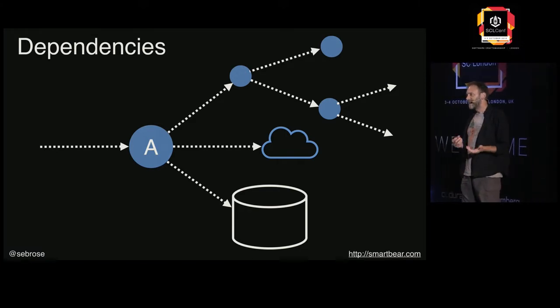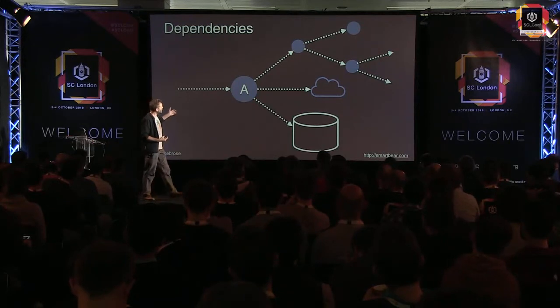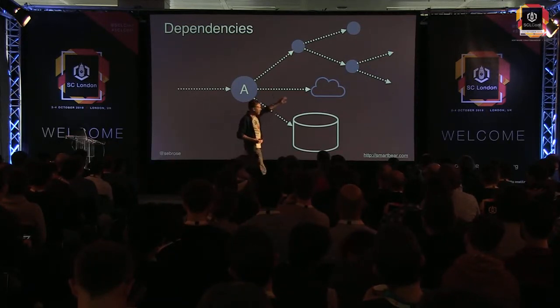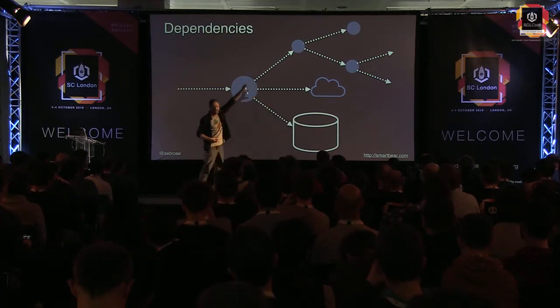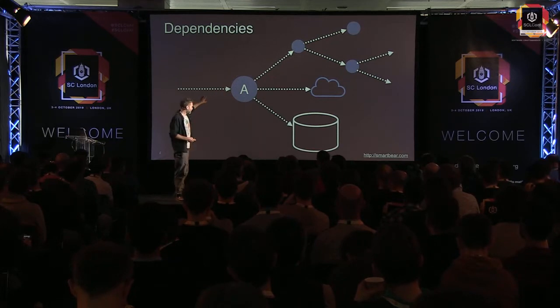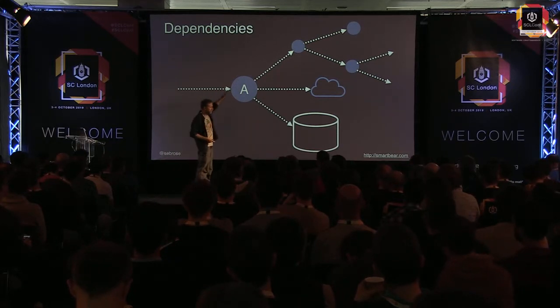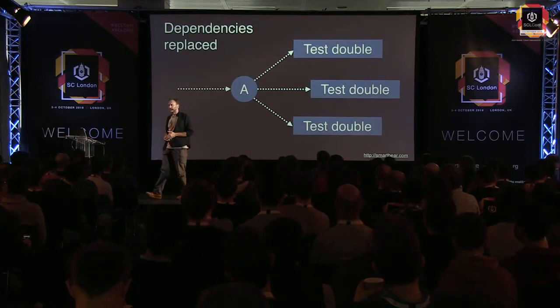When you want to come and test component A, if you're going to try and stick to the test automation pyramid, you don't want to test all of this stuff over here. For a start, you don't want to test somebody else's database anyway, but your other components here, you generally want to ensure that they're tested separately. And when you're coming to try and do your test at the bottom of the pyramid, you want to test A on its own. So you end up creating test doubles.